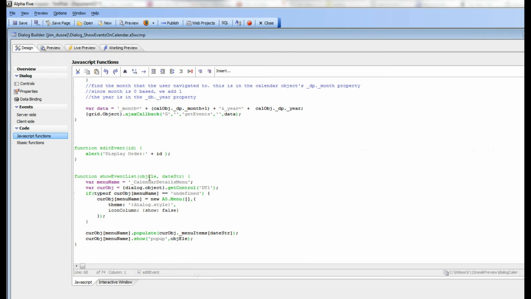So this now is object Ellie that gets passed in, and then date string is the key that we need to display the menu for. So here we're saying basically that the menu name is called underbar calendar details menu. Here we're getting a pointer to the calendar object, and what we're saying here is if this menu is undefined, then we're going to create a new Alpha 5 menu object. So here you can see we're creating a new Alpha 5 menu object using this name here called calendar details menu,